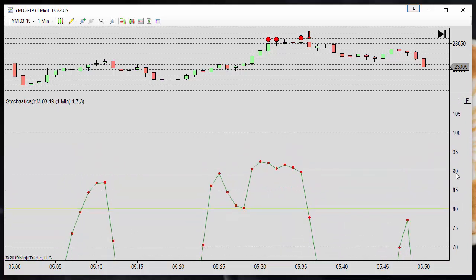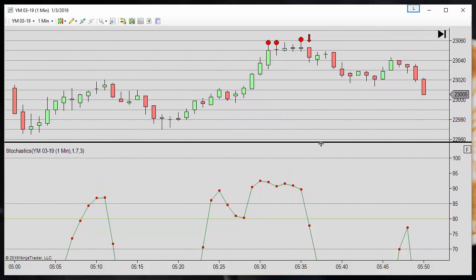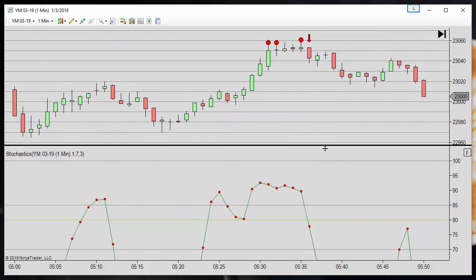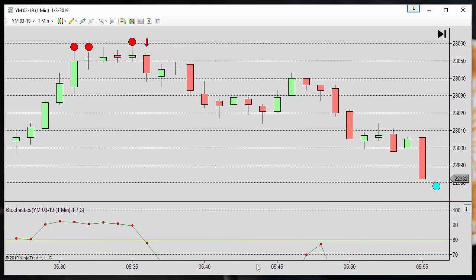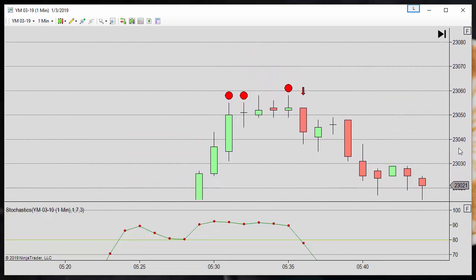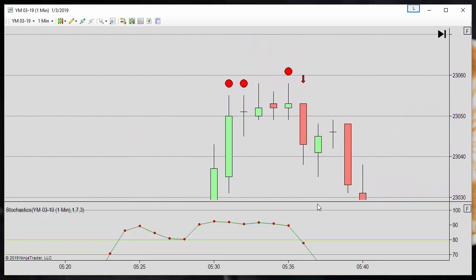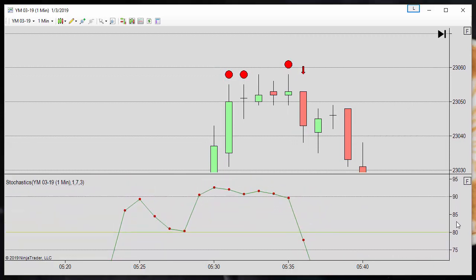Let's view an example. So we can see in detail bar by bar.